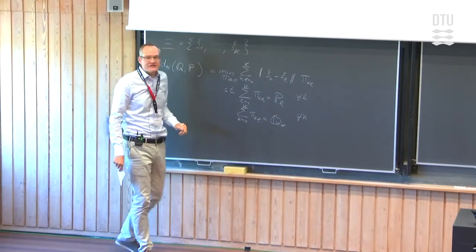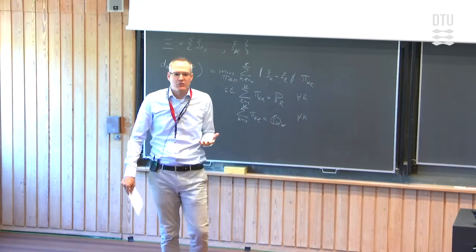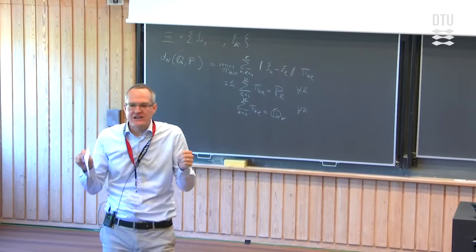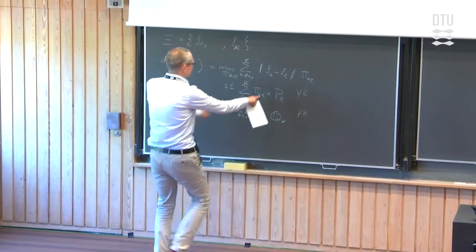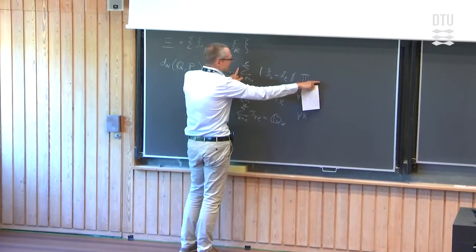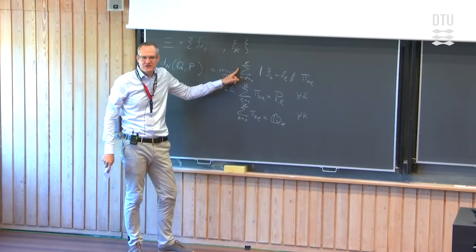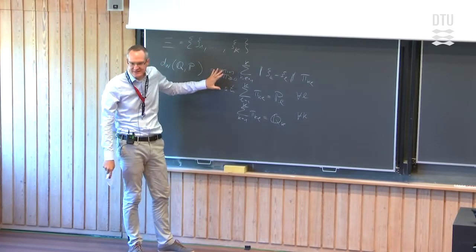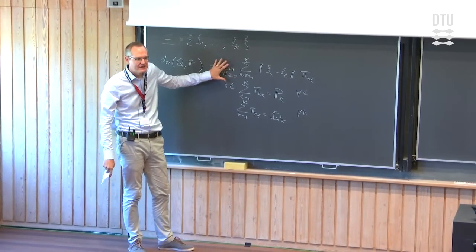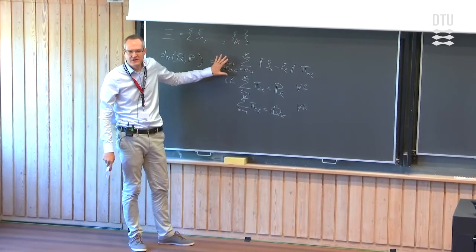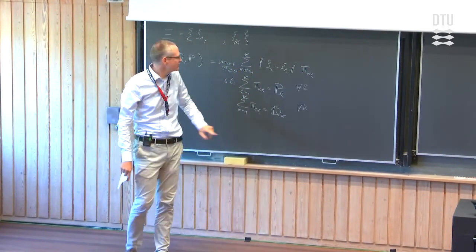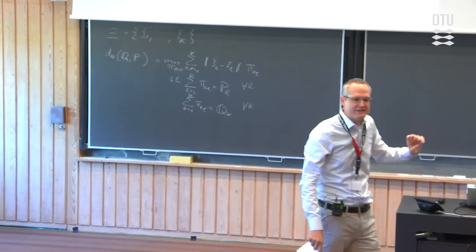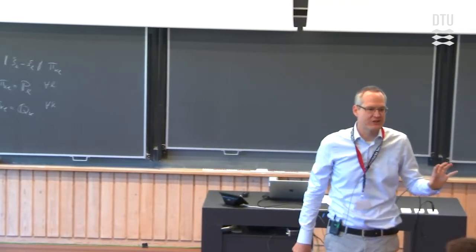Okay? What's the cost of transporting 1 unit of the good from K to L? Well, that's just the distance between the two locations. That's this thing here, right? So the objective function is just the total transportation cost. Okay? So it's a simple linear program, a standard linear program, and it's a standard transportation problem. If you have had a course on linear programming, you've seen such a transportation problem with very high likelihood. Okay? The Wasserstein distance is nothing else than the solution of such a transportation problem.